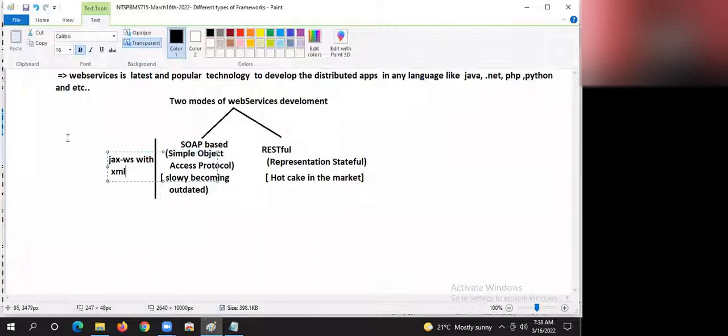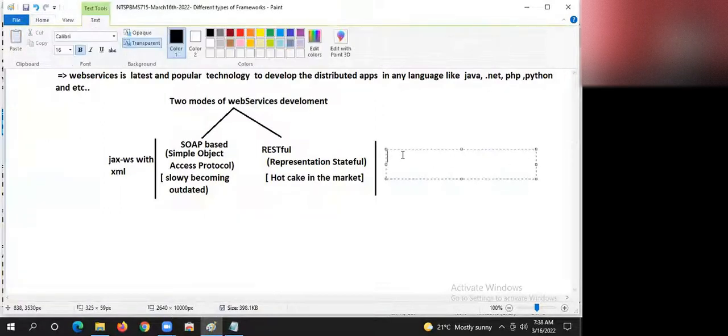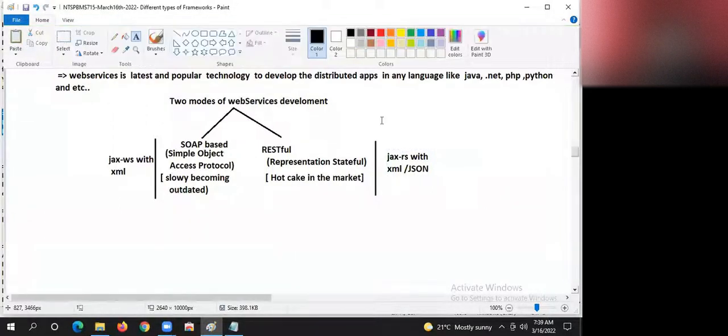In RESTful, the technology that is really used is JAX-RS with XML or JSON. Both are techniques to transfer data between two applications, guys. XML is the old one, JSON is the latest one. And XML is slowly replaced by JSON. Got it? Okay, guys.